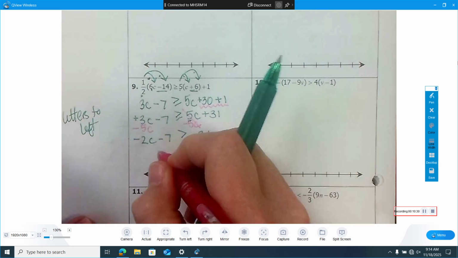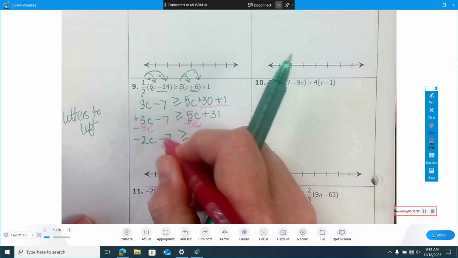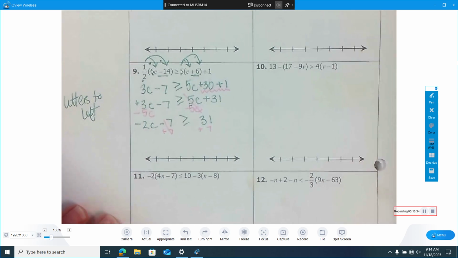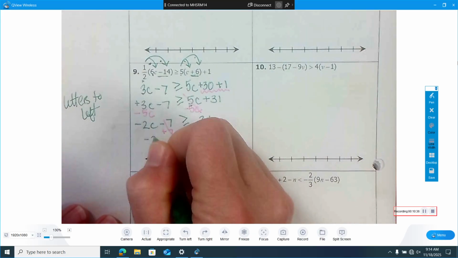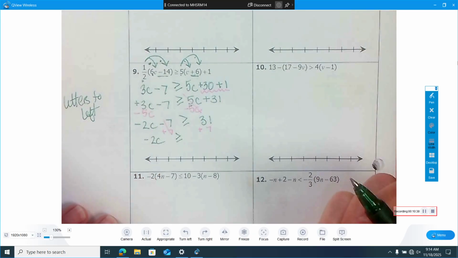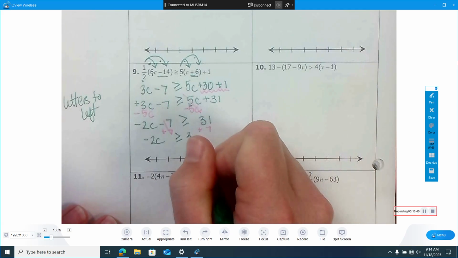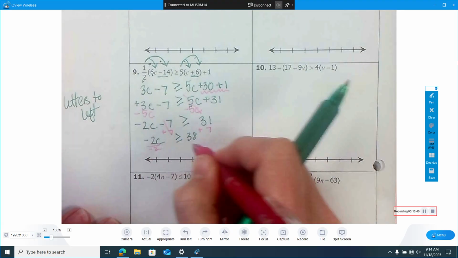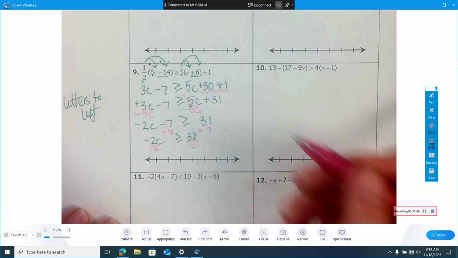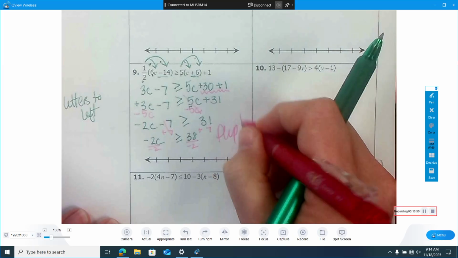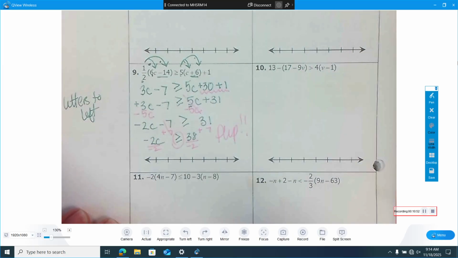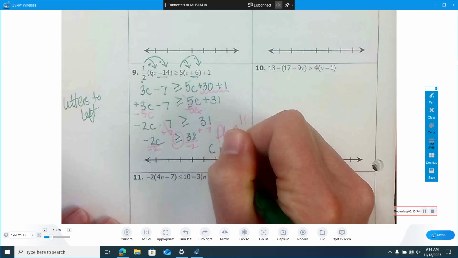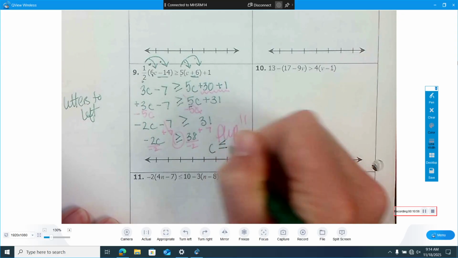Plus 7 on both sides. Great. Add 7 on both sides. So negative 2C is greater than or equal to 38. And then we need to divide by negative 2. Perfect. And we're dividing by a negative. What do we need to do? Flip the symbol. Flip the symbol. So we get C is less than or equal to